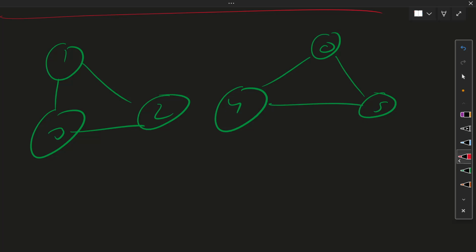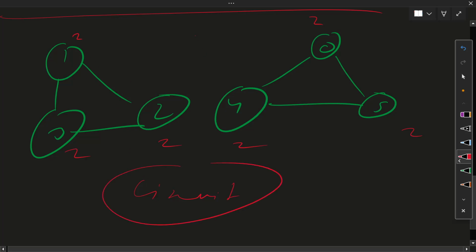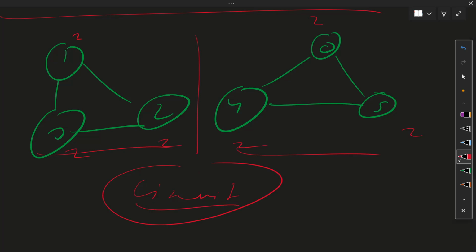In the description, it says that it is a connected graph, but the graph can have two different components. I found this out because after submitting, my code failed, and I analyzed that we have two different components. So let's continue. We have two connected edges, 2, 2, 2, and 2. So this looks like an Eulerian circuit, but it is not actually an Eulerian circuit because we have two separate components.